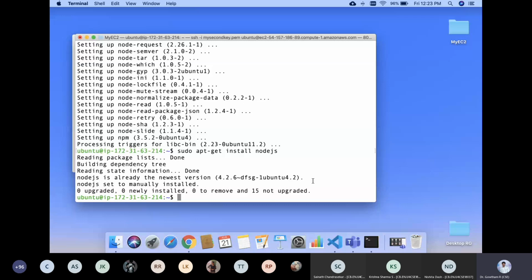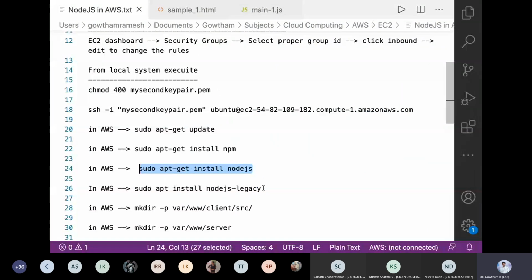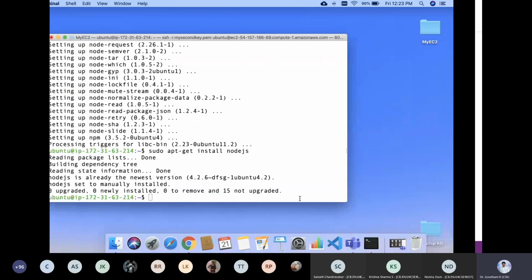It says it's already done. Sometimes the operating systems will look for the legacy Node.js. So for trouble-free operation, we'll also enable Node.js legacy systems as well.